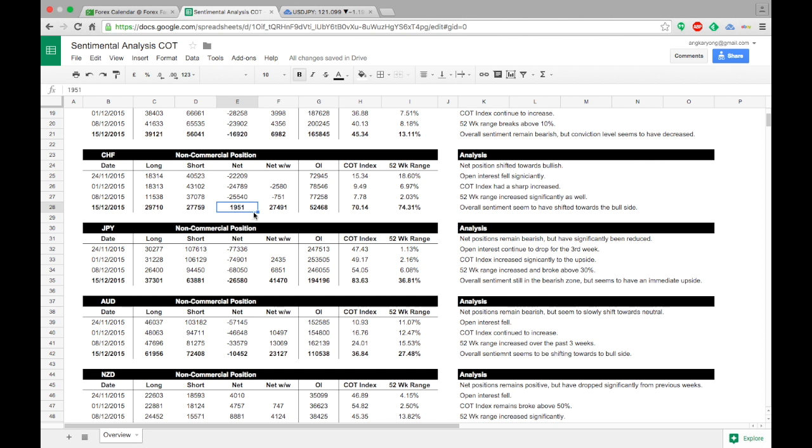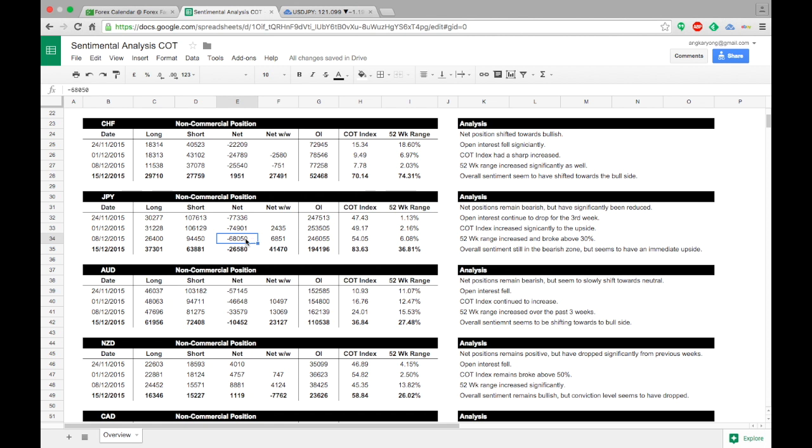So this gives us an indication, not exact, but an indication that no new positions are really being built, but perhaps traders are exiting the market. It simply means that they are liquidating their positions, they are getting out of the market. That's why initially perhaps they were holding a lot of shorts, and they have either taken profit or exited their short positions, and therefore you can see open interest drop and the net positions change to positive territory. Similar for the Japanese yen.